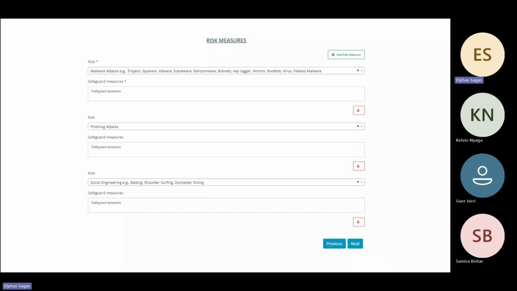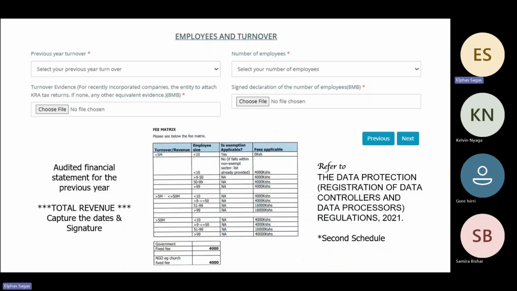And this is where you'll be required to attach your turnover documents. And when we say turnover document, we want your previous year audited financial statement document that shows that you have audited your documents. And then again, if it's a newly incorporated organization, you just write a letter approximating how much you expect to get. And then there is a drop-down menu here. You choose the number of employees, and then you attach a letter. You need also to draft a letter telling the office the number of employees that you're going